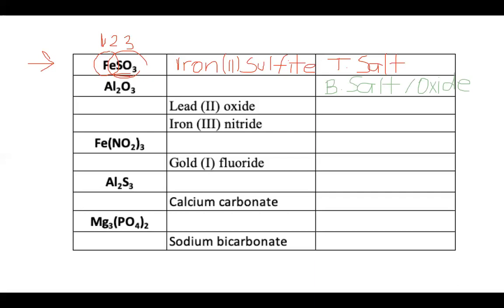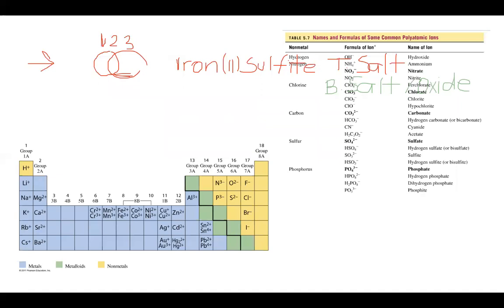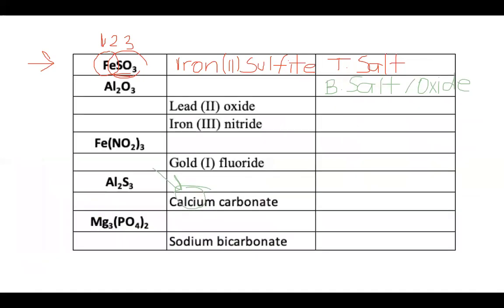Okay, so if we check in the periodic table, aluminum is located here, but it's not a transition element, okay? It doesn't have multiple charges. It only has the charge of +3, this +3 that we have. So we do not have to include a Roman number in the structure, okay? So the only thing that I'm going to write is aluminum, and the name of the nonmetal changing the ending to IDE. So this will be oxide,